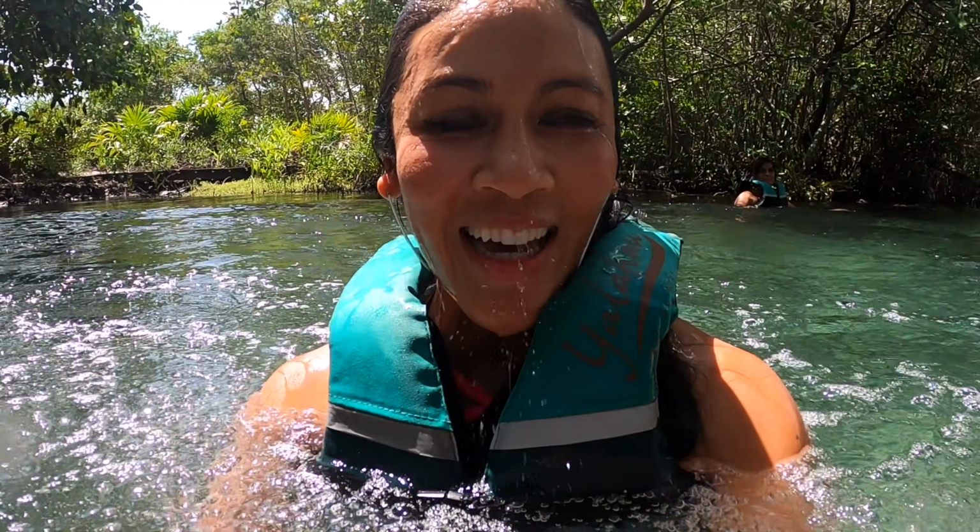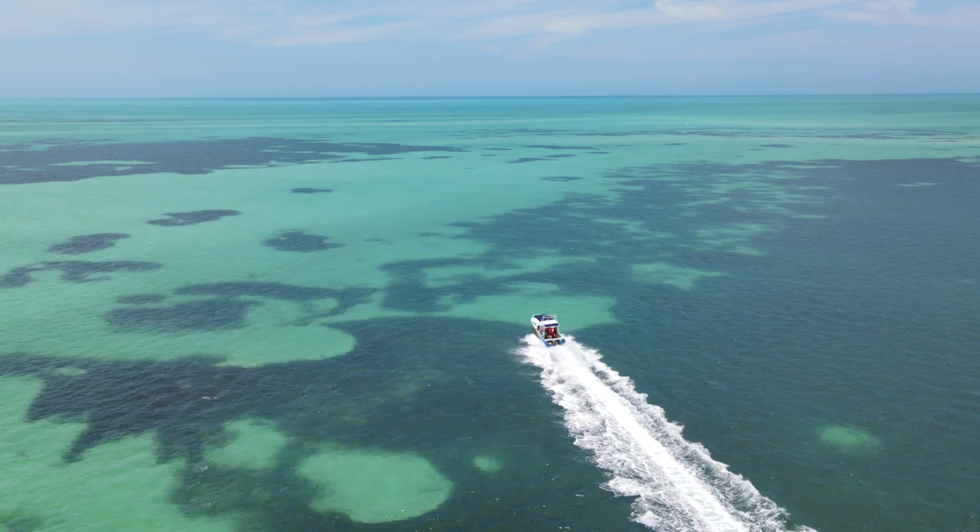It's colder than I thought. That was shot at Yalahao, which is one of the cenotes you have to visit when you're boating on Holbox